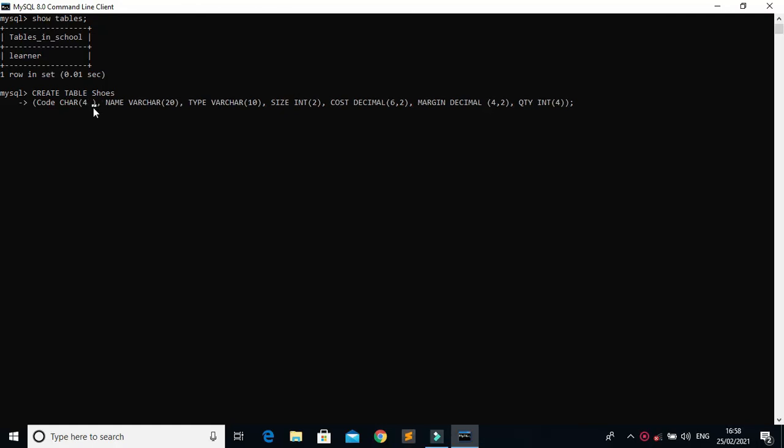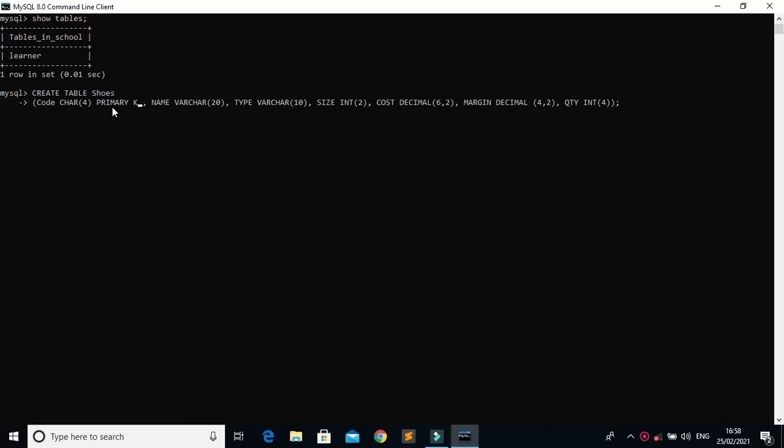So we need to write here code, then the data type, then we have to define primary key. As we have written this, we can define code as a primary key, and then in the table no user will be able to write a duplicate value in that particular column or field.